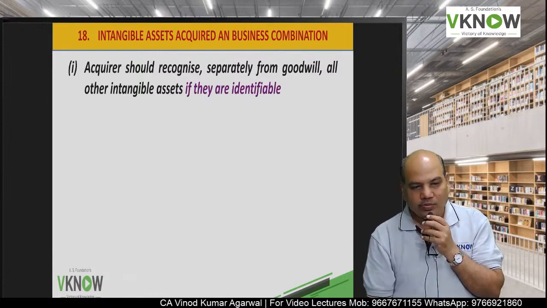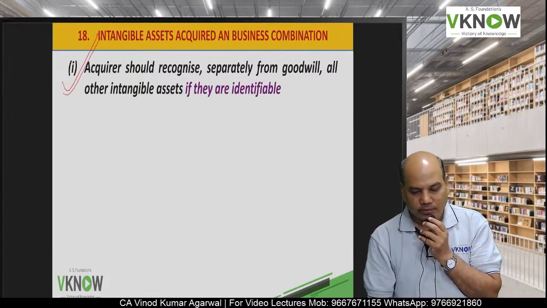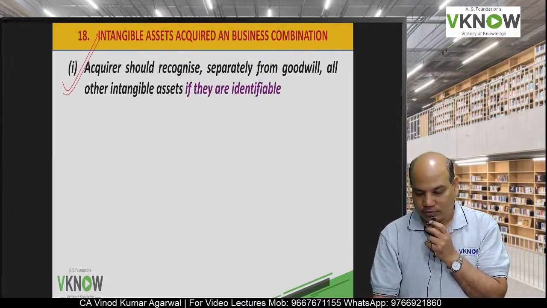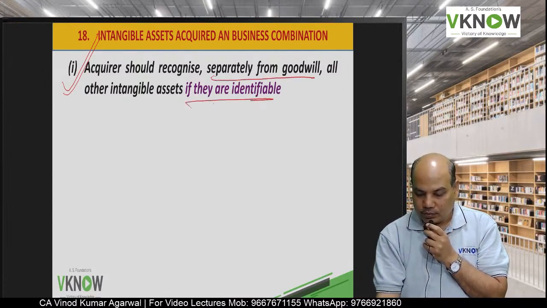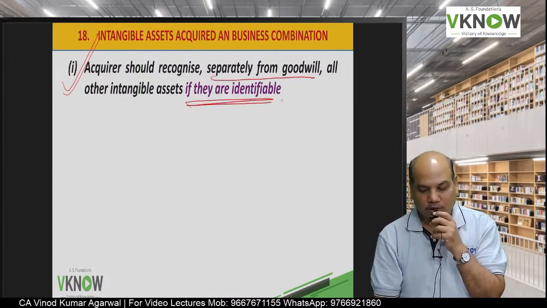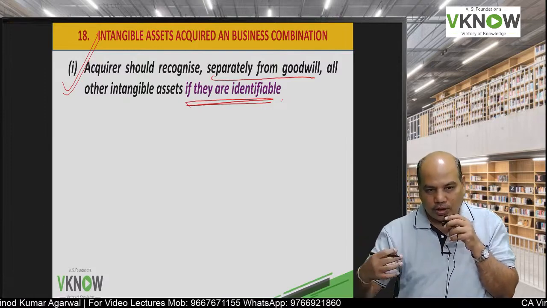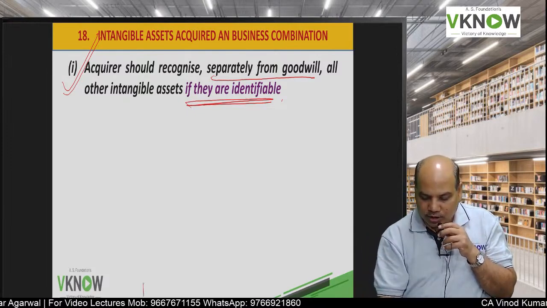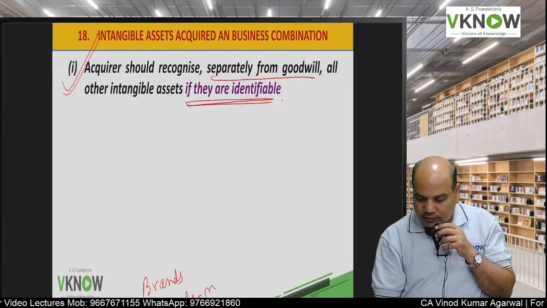What about intangible asset acquired in business combination? Again very important. Intangible asset can be recognized separately from goodwill if they are identifiable. Now this is one important practical issue also. Acquirer company may acquire another company which may have lot of brands, and this question they ask in the question also. They may have trademark,